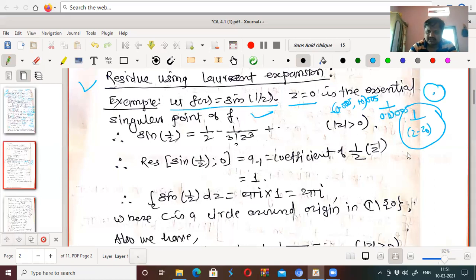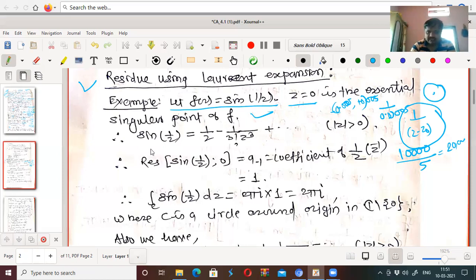So this becomes 1, 1 0, second 0, third 0, fourth 0 divided by 5. Okay, 5 replace. So it will be something like 20,000. So we get sine of minus 20,000, which means if we find the circle having center 0 and radius 20,000, you will get a number of singularities again of that. So z equal to 0 is the essential singularity of f.